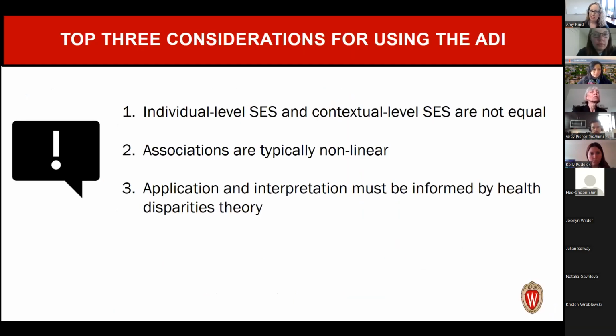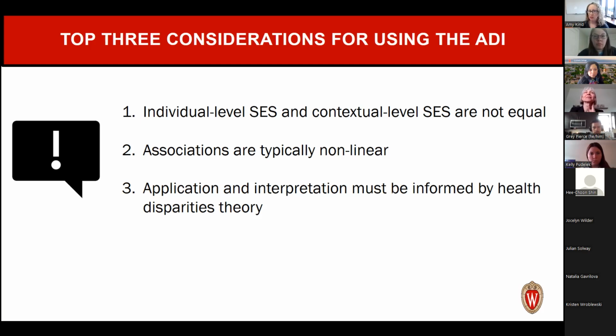When you think about using the ADI in research, it's important to remember a few things. The first is, and again, I don't need to tell this group this too much, but it comes through certainly with other research groups quite a bit, that this construct of individual level SES and contextual level SES are not equal. They can certainly be correlated, but they should be treated as independent parameters within a model as you go forward and as you interpret as well, critically important. An individual who lives in a highly disadvantaged neighborhood should not be labeled as a disadvantaged individual. They should be labeled as an individual who lives in a highly disadvantaged neighborhood, if that makes sense.